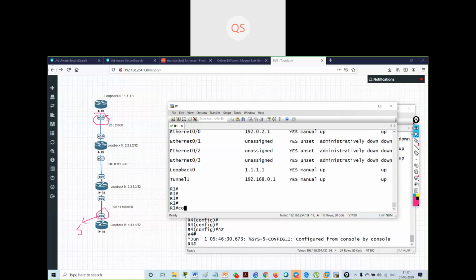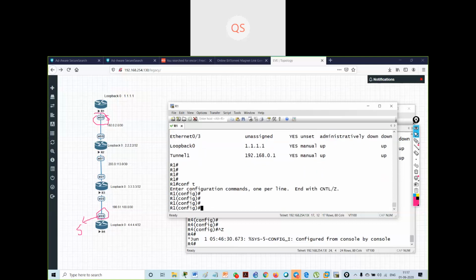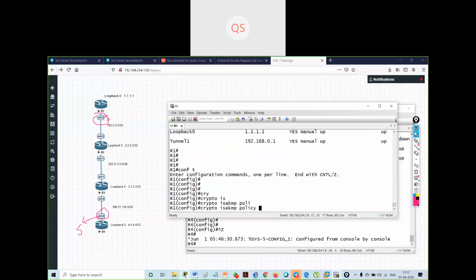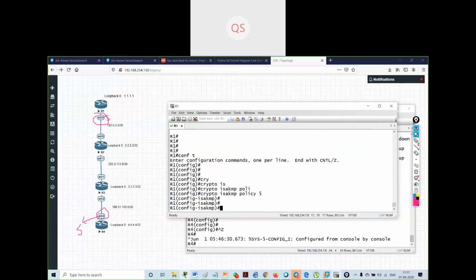See the commands carefully. First I have to create a policy, a crypto ISAKMP policy. I will give any number, suppose 5: crypto isakmp policy 5. I am inside the policy.